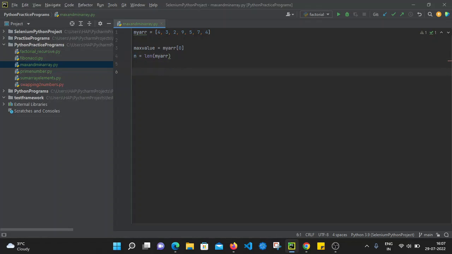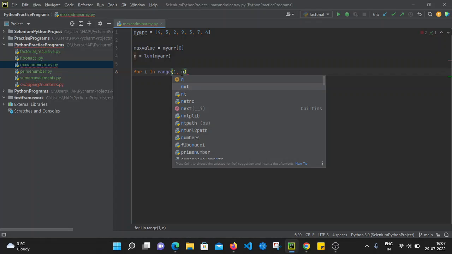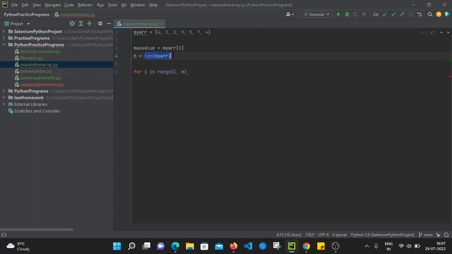So now let's use for i in range, and we will start with the first index, because we have already stored the value present at the 0 index in the max value. So we are starting with the second position, that is having the index of 1. So we are starting the range function with 1, and we have to iterate up to the value of n, and n is nothing but the size or length of that specific array. So in this case it will iterate for 6 times,